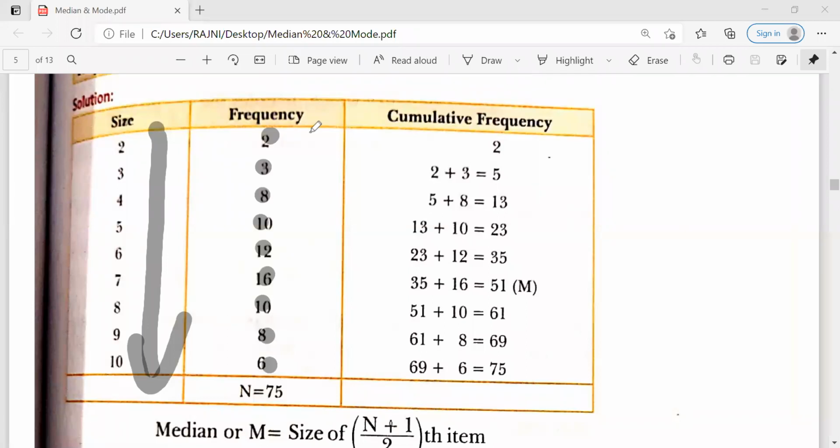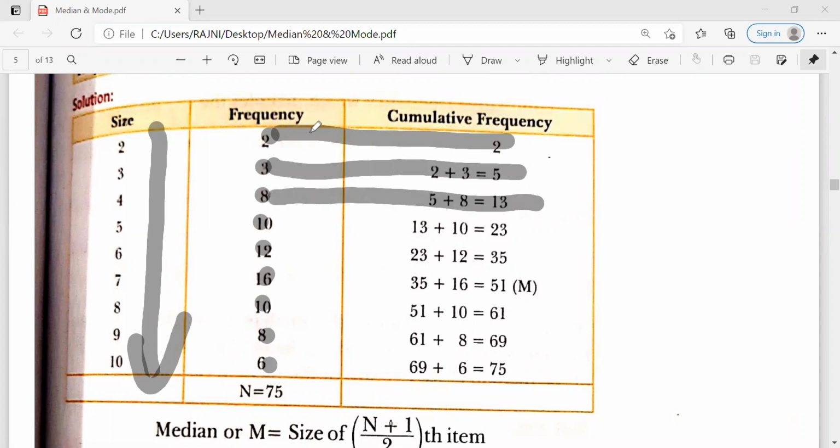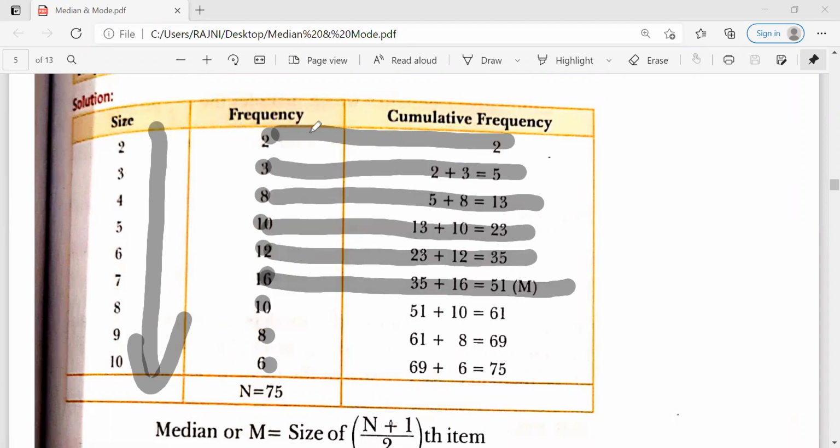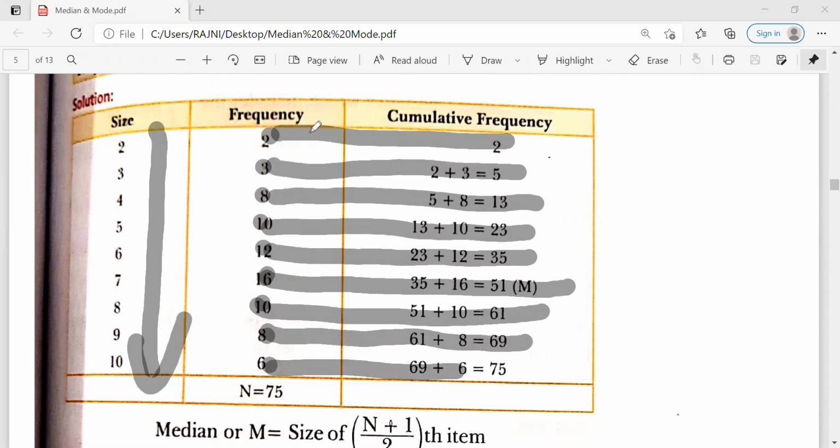Now the main step: first, calculate the cumulative frequency. 2, 2 plus 3 is 5, 5 plus 8 is 13, 13 plus 10 is 23, 23 plus 12 is 35, 35 plus 16 is 51, 51 plus 10 is 61, 61 plus 8 is 69, and 69 plus 6 is 75.